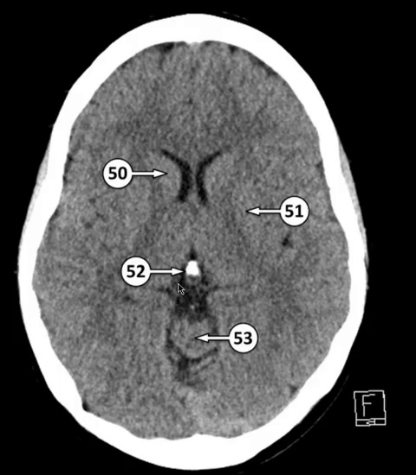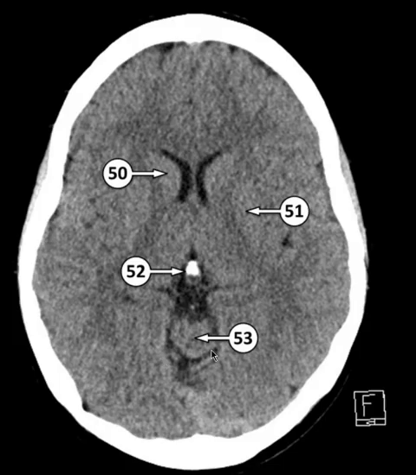And 52 here is the pineal gland. We can see that it is very much hyperdense at the center of the pineal gland. This is because of the presence of what we call brain sand, also known as corpora arenacea. Corpora arenacea, aka brain sand, is contained in the pineal gland, which gives it a hyperdense appearance on CT.